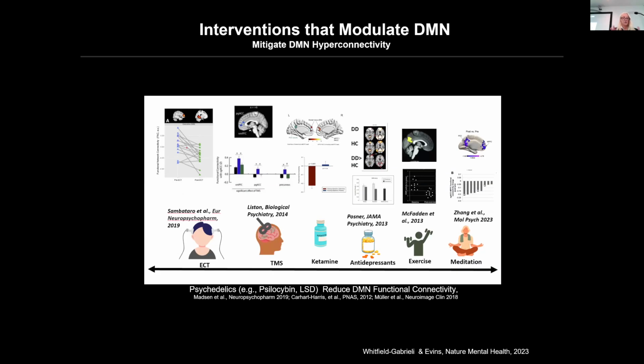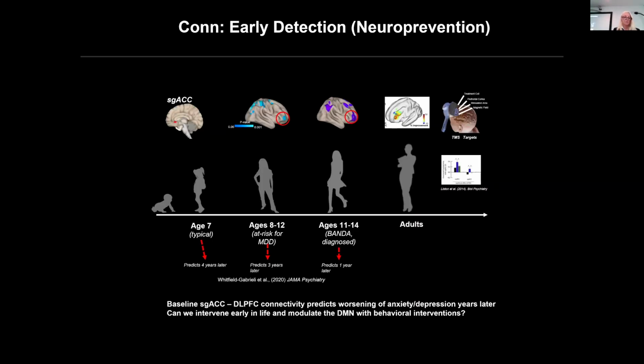So we are interested in looking at many different interventions that can mitigate this hyperconnectivity. It can be done with ECT, TMS, ketamine, antidepressants. All of these have been shown to downregulate that hyperconnectivity, but it can also be done with exercise and mindfulness. So for the early detection work we're doing, we're trying to identify these biomarkers very, very early. So for instance, when people come in as adults, they have the subgenual-DLPFC that localizes the DLPFC that's maximally anticorrelated with subgenual, a target for curing or helping with depression, mostly driven by diverse brain networks.